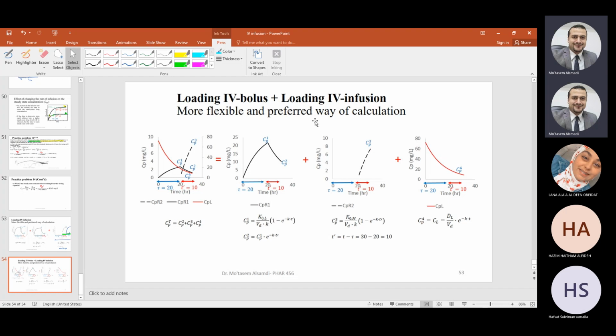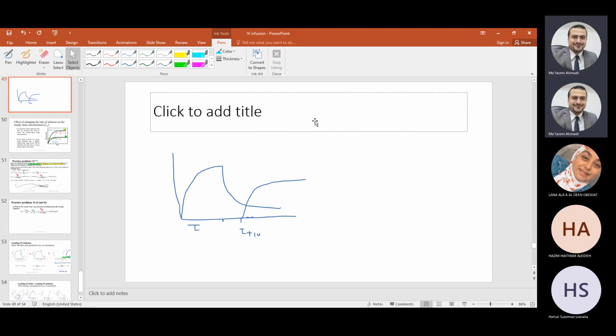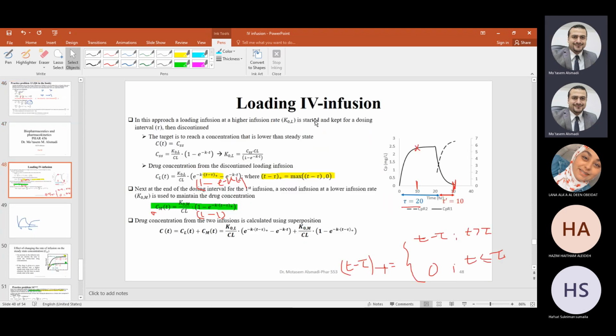And the most important, يعني خلينا نحكي, hint or advice here is that you have to draw the questions. Whether you have given a loading IV bolus dose or an IV infusion or a combination of them, you have to draw. Or as we showed here, like if I give an IV infusion for a certain time, then I stop it, you have to draw, right? To understand what has been exactly asked, to understand what the question is about. لأنه for example مثلا